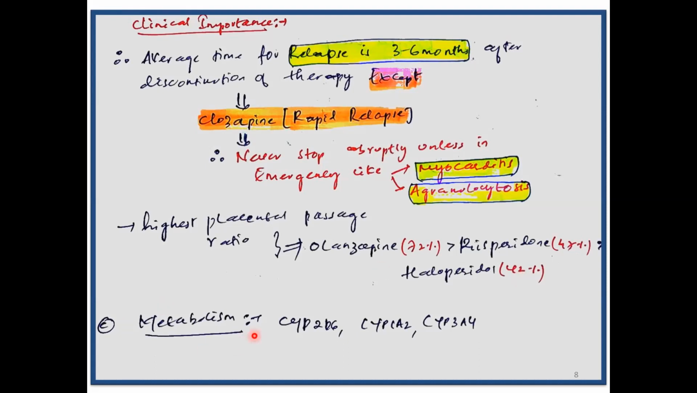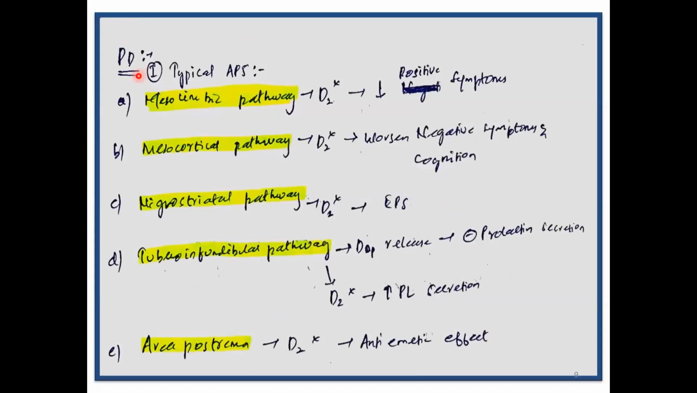Now coming on to metabolism in general, it is mostly metabolized by the CYP system, with subtypes including 2D6, 1A2, and 3A4. Now coming on to the pharmacodynamic part, with the typical antipsychotic agents, as we saw, it mostly acts by blocking the D2 receptors. Coming on to the importance of the mesolimbic pathway, we have already discussed in the initial